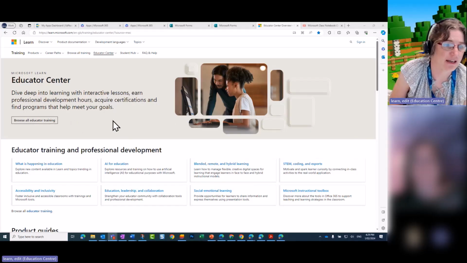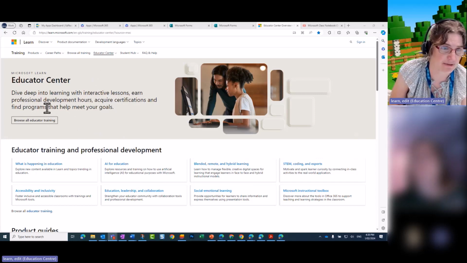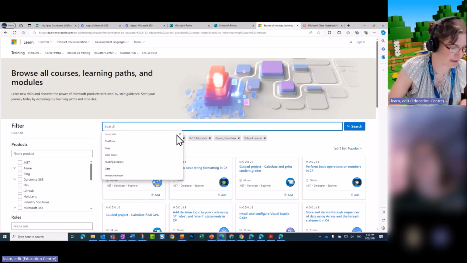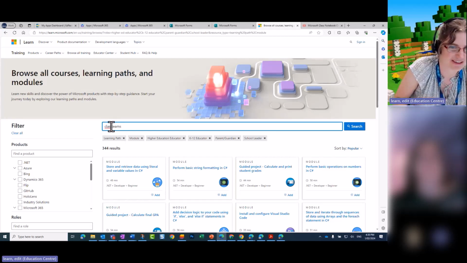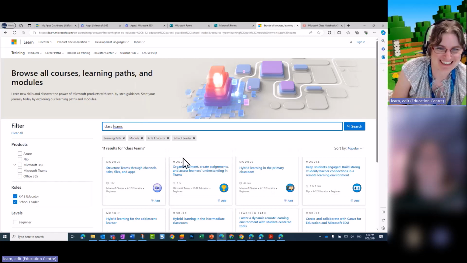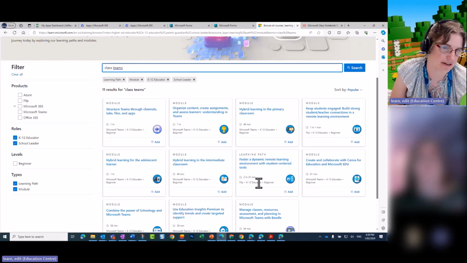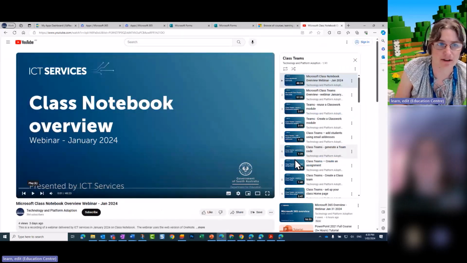And in here, there's access to all sorts of learning paths to help you get a better understanding of the Microsoft apps. If I go browse all educator training, I can put in, for example, class teams. I'm struggling with my keyboard today, aren't I? And then it's given me a whole lot of modules and learning paths, which are specific for educators around using class teams. Our team has a YouTube channel,